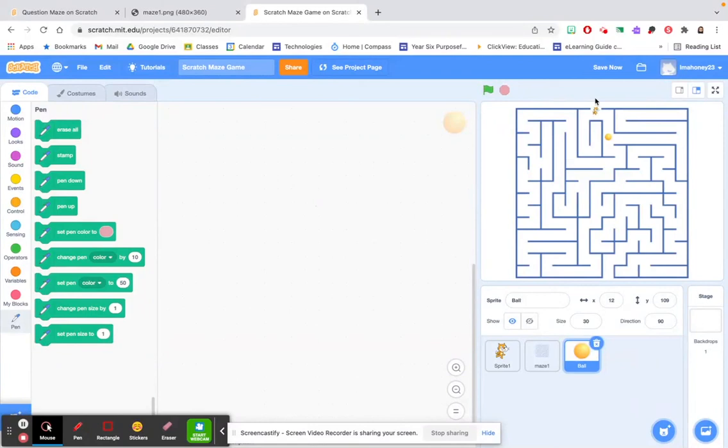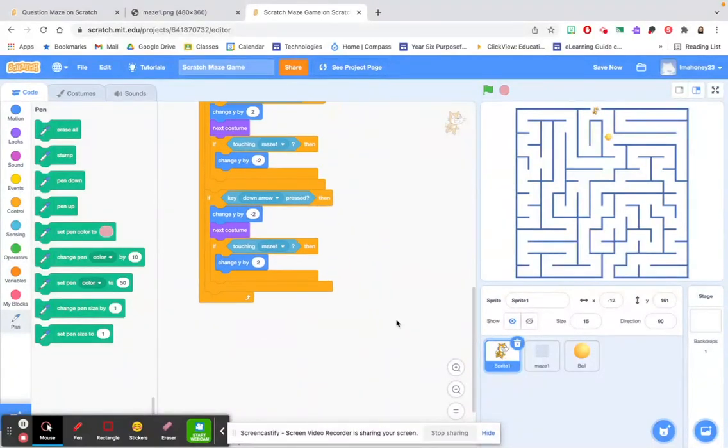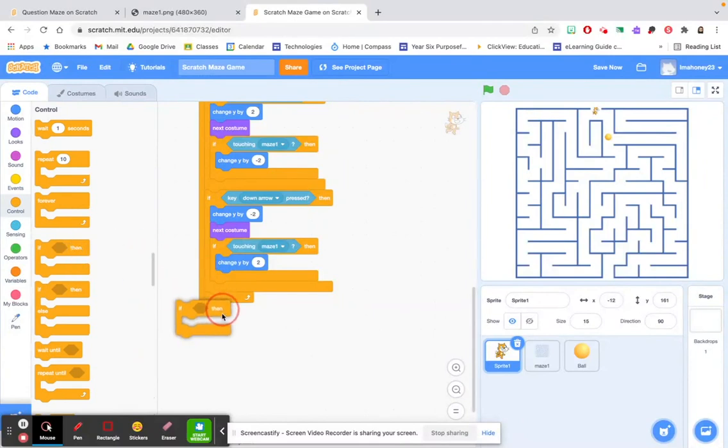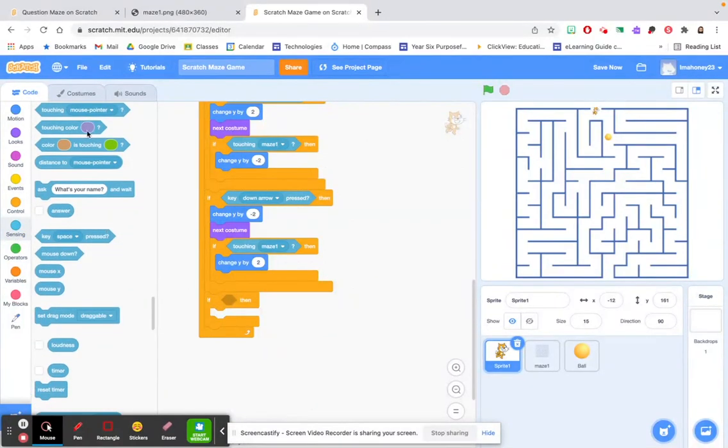So the way that I communicate from my cat to the ball sprite is by sending a broadcast. So I'm going to head over to the cat now and scroll down to the bottom of my code, and I'm going to add an if touching ball block. So let's head over to control. I'm looking for my if then block, and it's going to go underneath. Make sure it doesn't go in my arrow blocks. So I'm going to head over now to sensing and get if touching